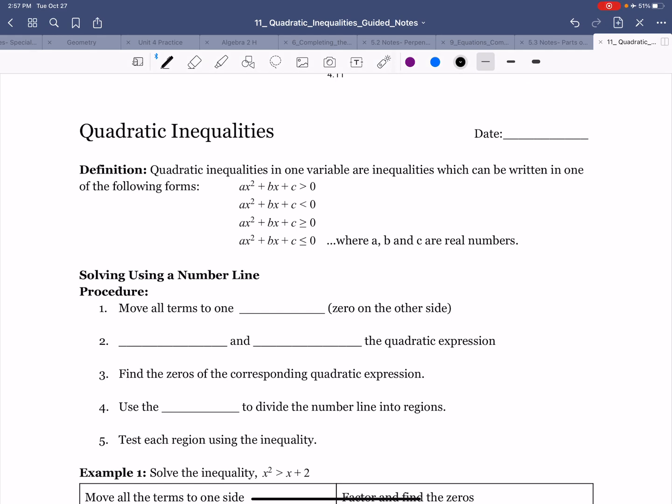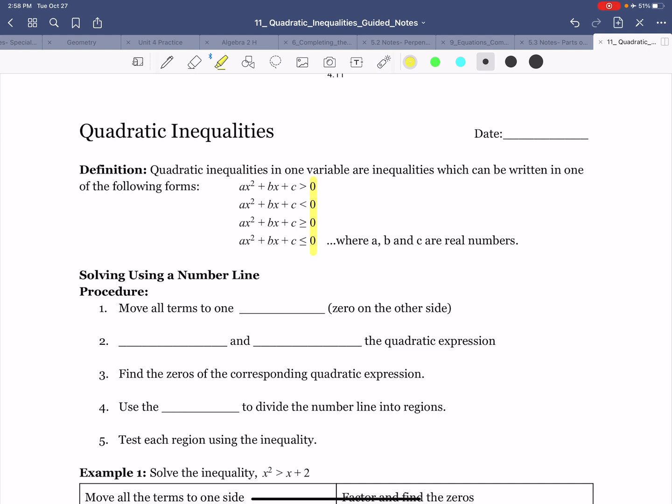All right, this is going to be notes 4.11. We're going to do quadratic inequalities. A quadratic inequality in one variable is an inequality that can be written in one of the following forms. Pay attention here that all of these are going to be less than, greater than, less than or equal to, greater than or equal to 0, where A, B, and C are